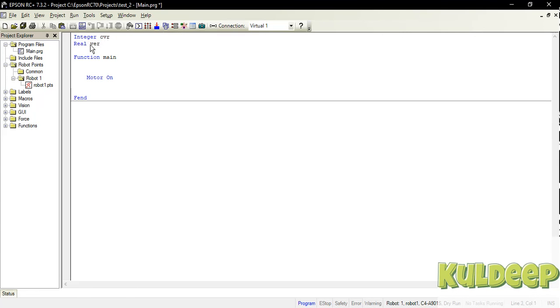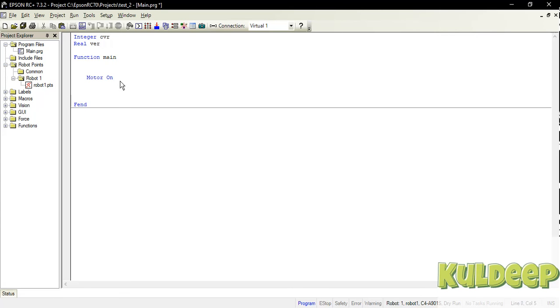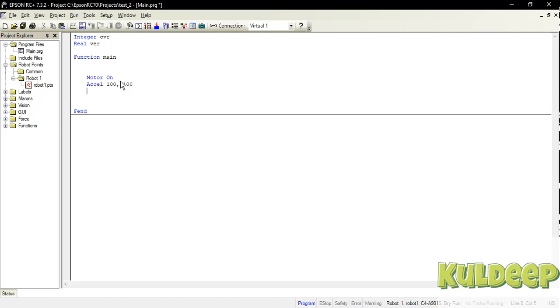So CVR and VER are variables, where CVR will have an integer value and VER will have a real value. After that, you can enter the main function and give the motor on command. Put the acceleration of the robot like 100, ratio 100. What is this 100 ratio 100? It is the starting and reverting point of the robot. So 100 is for going down and 100 is for going up.